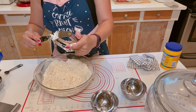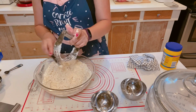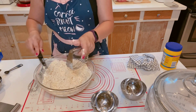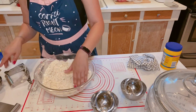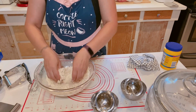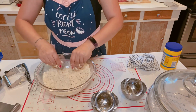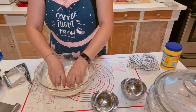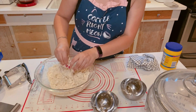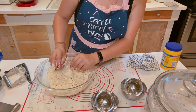It's all nice and soft from all of the oils in here, from the shortening and from the butter. I'm excited to see how this is going. Oh wow, I'm really excited to see how this is going to come out because I usually hate making pie crust. She did say you want it to stick together like that. Okay, so now